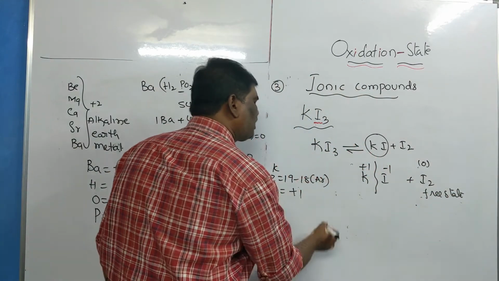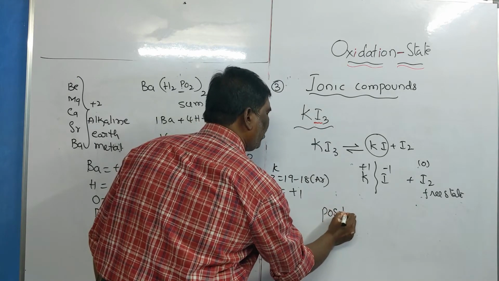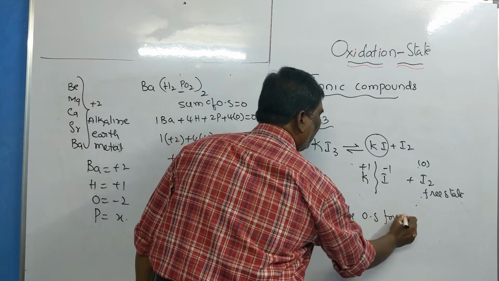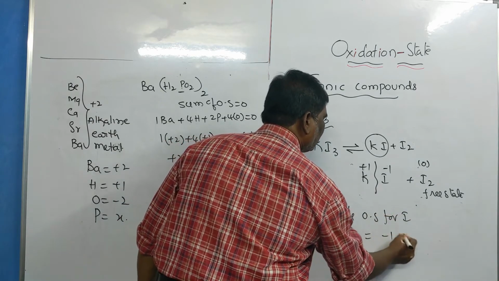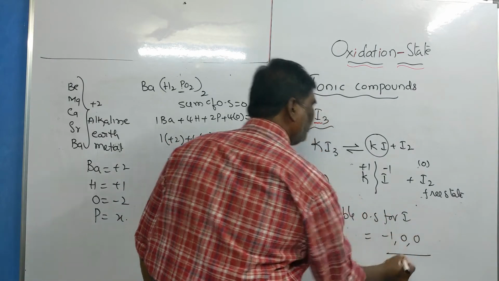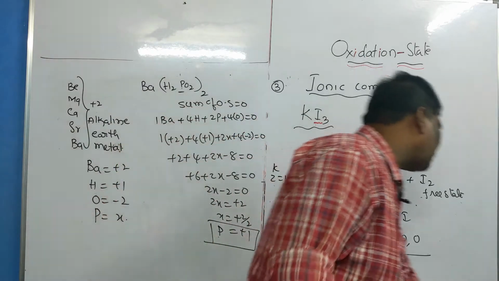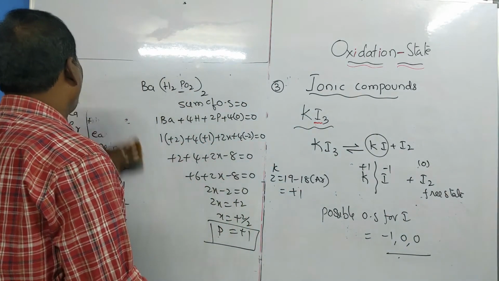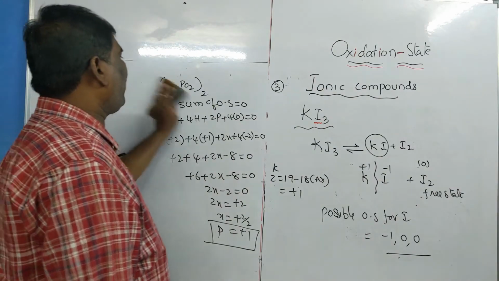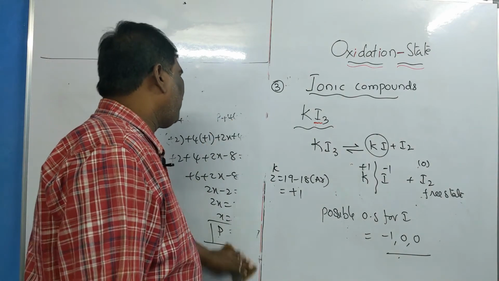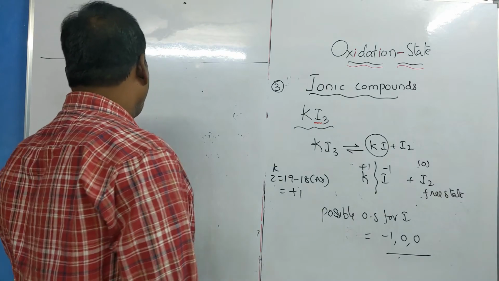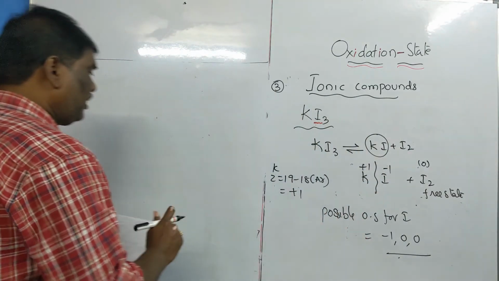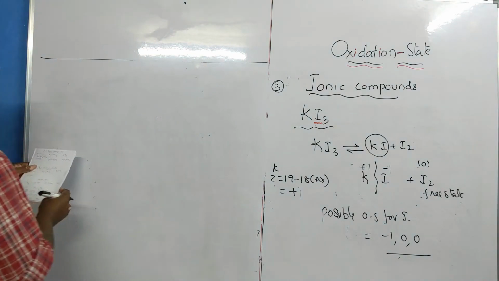So what are the possible oxidation states for iodine? The possible oxidation states for iodine are -1, 0, 0. Thus, the oxidation state of iodine is calculated in the complex potassium triiodide. Similarly, one more important question they frequently ask is